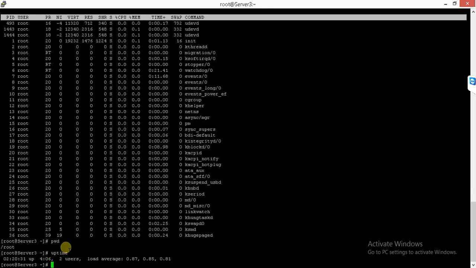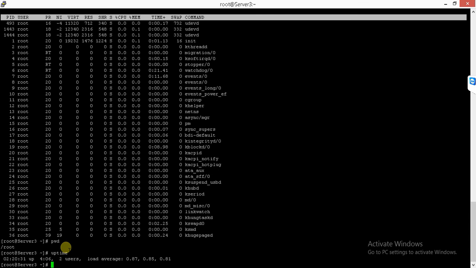And there are two users logged into my system, and my load average is 0.87, 0.85 and 0.81. This load average plays a very important role when your user complains about performance.